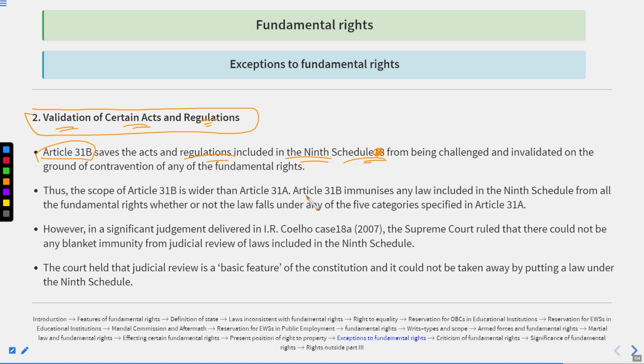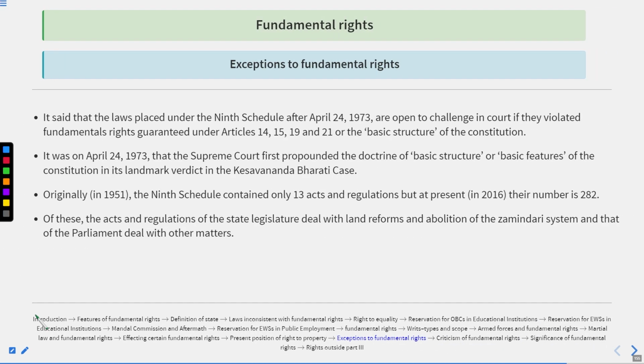However, in a significant judgment delivered in the I.R. Coelho case of 2007, the Supreme Court held that there could not be any blanket immunity from judicial review of laws, including the 9th Schedule. The court held that judicial review is a basic feature of the Constitution and it could not be taken away by putting a law under the 9th Schedule. It is said that the laws placed under the 9th Schedule after 24th April 1973, when the Kesavananda Bharati case happened,